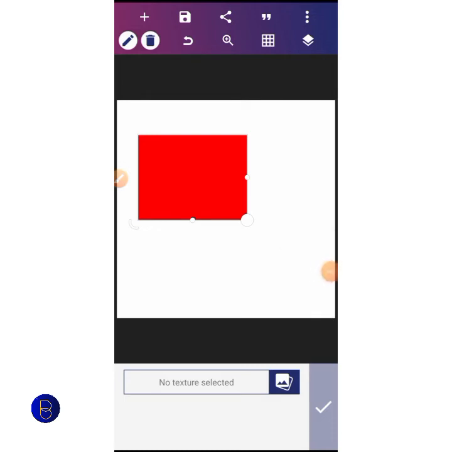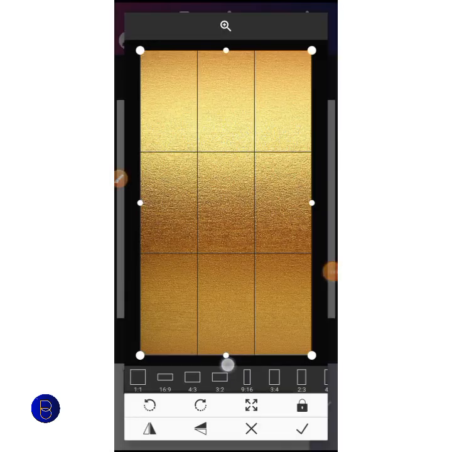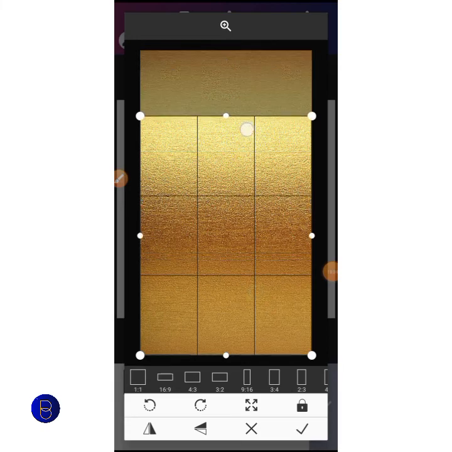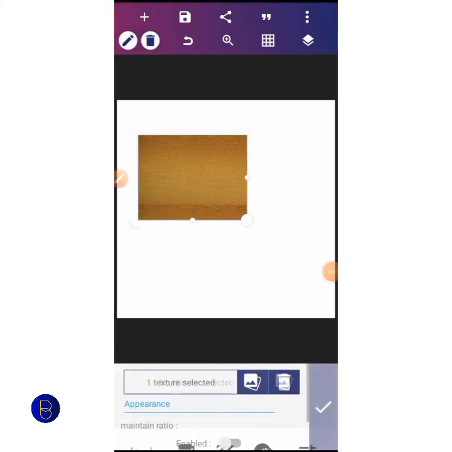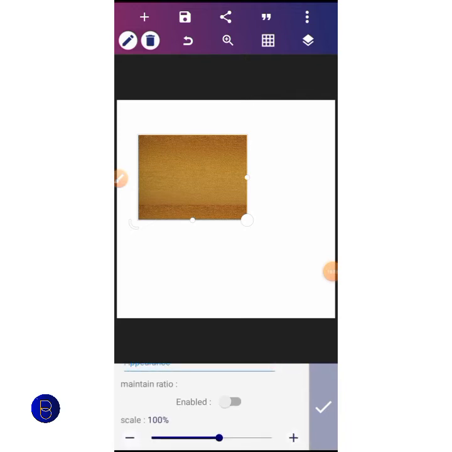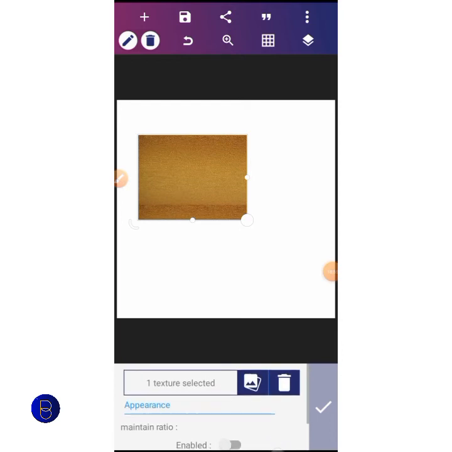Here you can give this image a texture. So I want to give to this image. I'll click on it. It reflects on the image, on the shape. You can scale this to how you want it to be. The default scale is 100%. You can maintain the ratio. Texture is very nice. It's a very nice tool